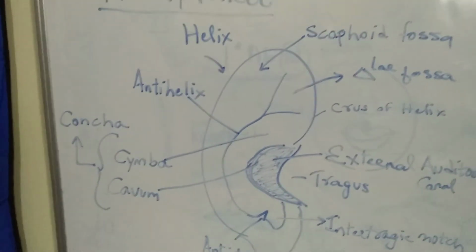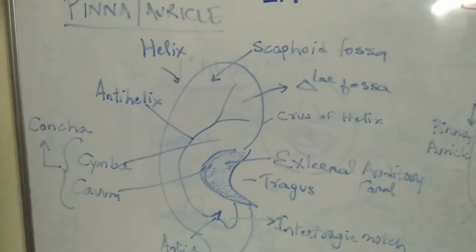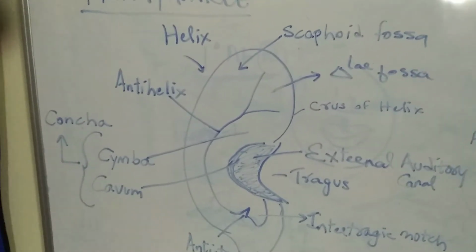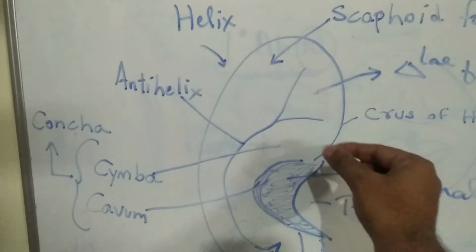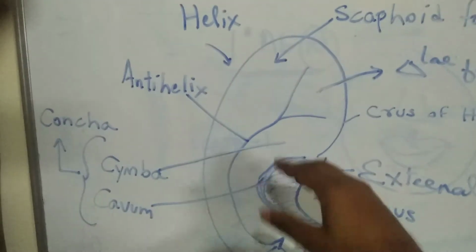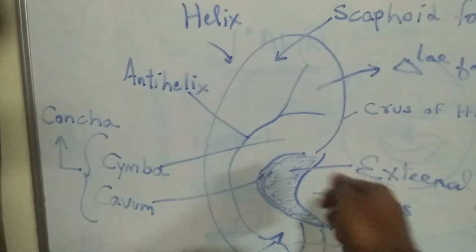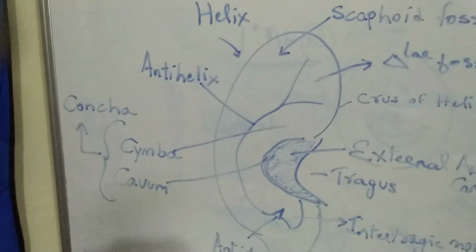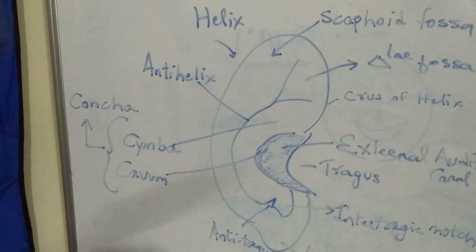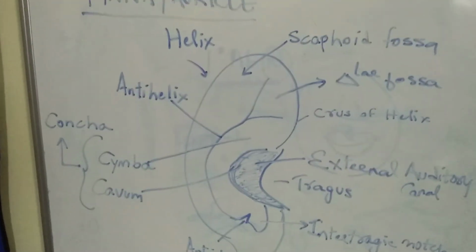So the entire external ear, or the pinna or the auricle, is made up of elastic cartilage. The skin from it cannot be easily pinched off. This entire area is elastic. If you pluck it forward and leave, it will go back to its initial position. So the elastic cartilage is directly wrapped around by the skin in the pinna or the auricle,